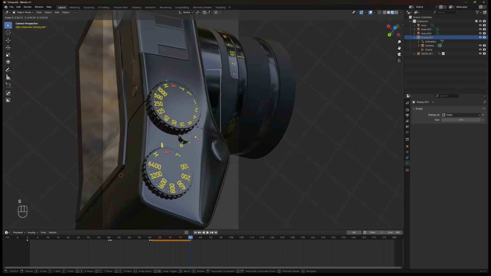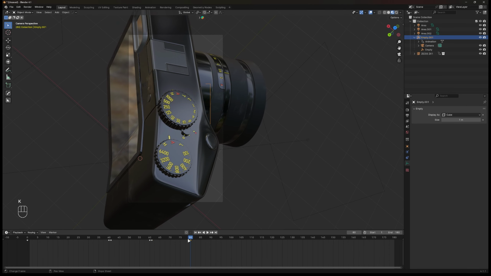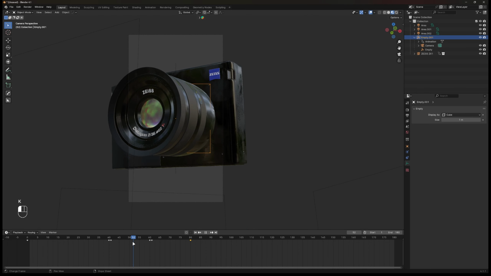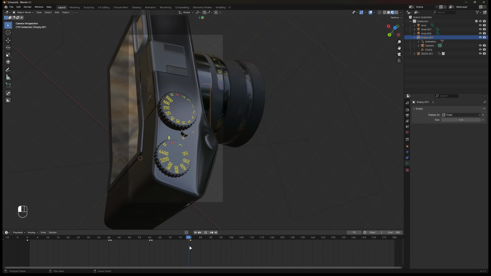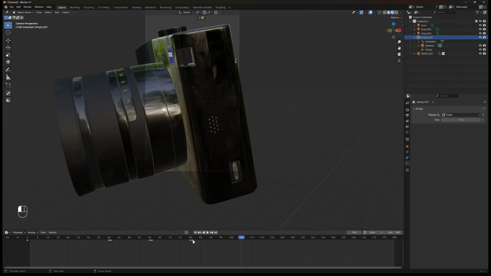Scale the empty cube to zoom in and then hit K to add a keyframe. Next, I want to focus on the side of the asset. So the method is the same as before. Add a keyframe one frame further, then duplicate it to hold the keyframe.